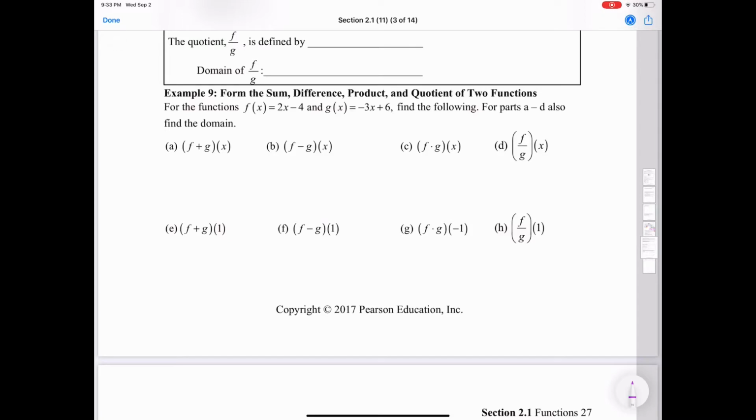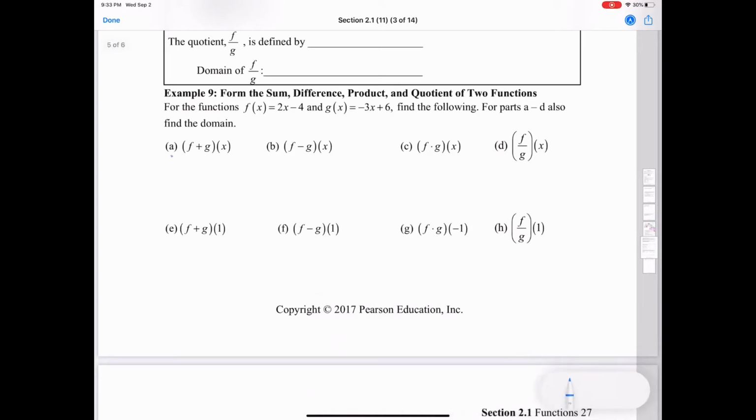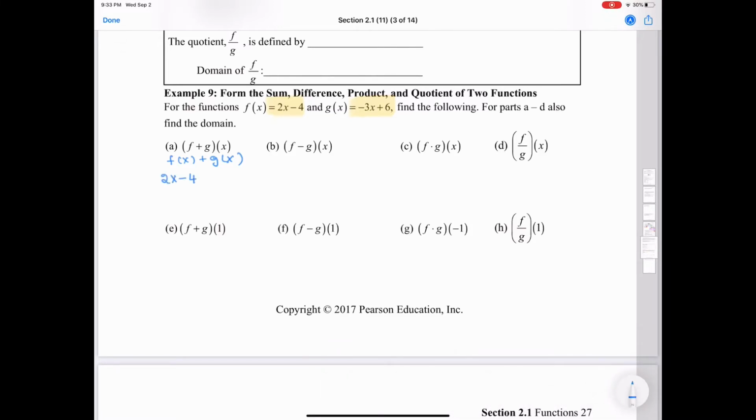So the first thing here, it's asking you to find the sum, difference, product and quotient of the given two functions. So the first question is asking you to add the two functions. So f plus g of x means it is f of x plus g of x. Now I've been given the functions f of x is 2x minus 4 and g of x is negative 3x plus 6. So if I add these two functions, then my f plus g of x, which is f of x plus g of x, would be 2x minus 4 plus